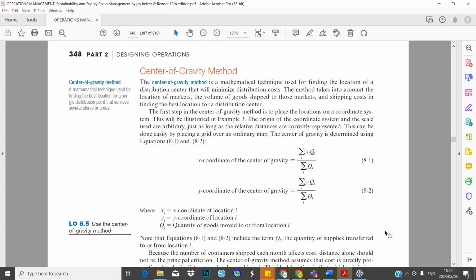Actually it's the last part of the location strategy video. So this is the last calculation part, which is the center of gravity method. As I recall, in the previous video, which is the third part, we were talking mostly about the cost and volume analysis. And before then, we talked about the factor rating. So these are the three methods.